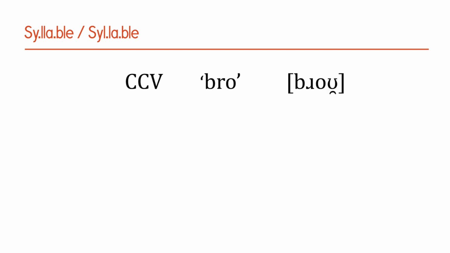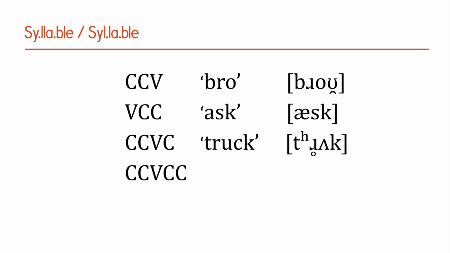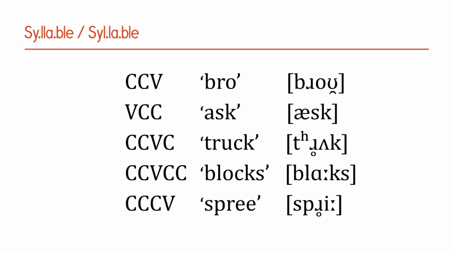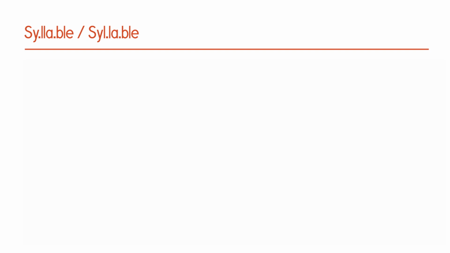You could have VCC, like ask. You could have CCVC, truck, CCVCC, blocks. So basically the number of possibilities increase as the syllable structure becomes more complex. But these are the possible ones in English. But then you could have spree, for example. The maximum possible in English,